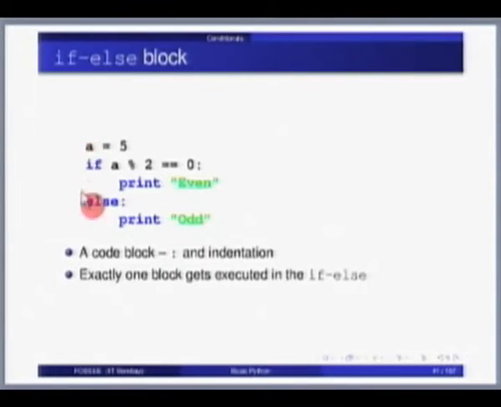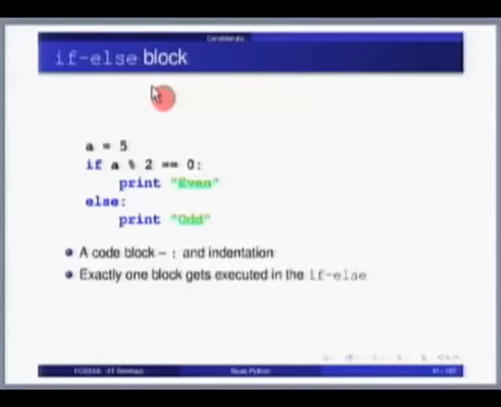So consider the code here. This is Python code where I am saying first a is 5. So what have I done? I have created a variable called a, to which is assigned an integer 5. One thing you have to remember is, unlike in statically typed languages, a can now be a string, later it can be an integer, all of that can happen. It is up to you. You determine what a is.